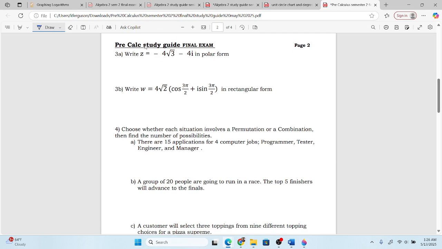Write z equals negative 4 times the square root of 3 minus 4i in polar form. So for polar form, there's two things you need. You need the r and you need the theta, right? And so r is the square root